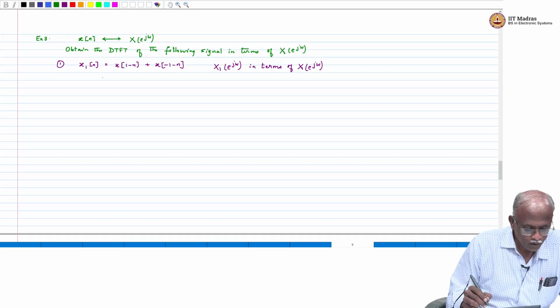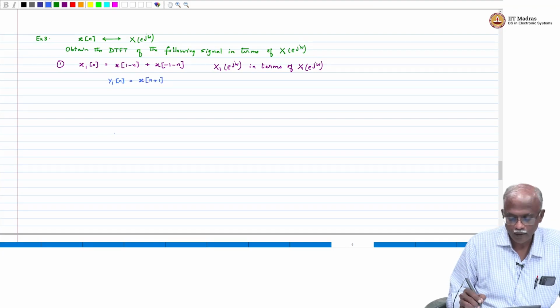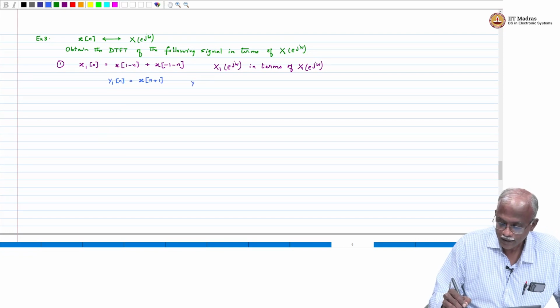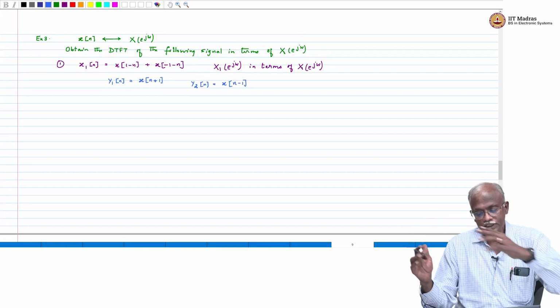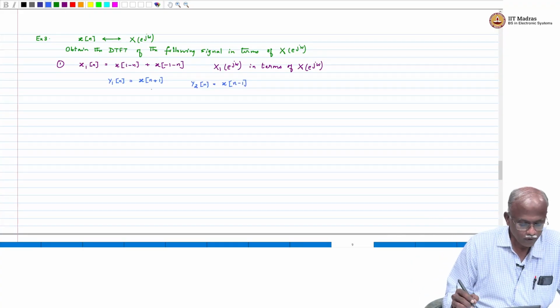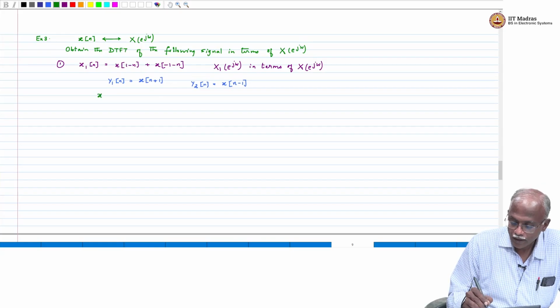So we will define an intermediate sequence y1 of n equal to x of n plus 1, and a second sequence y2 of n equal to x of n minus 1. One is a shift forward, the other one is a delay. And we now can get x1 of n as, before we do that,